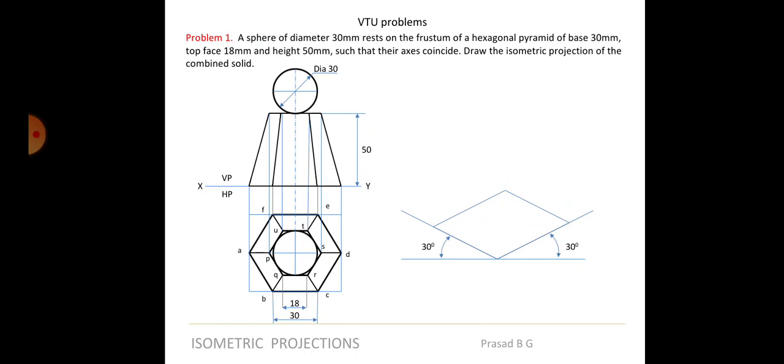Then after completing the base, we have to identify the center of the box. From the center you have to take the axis height, that is 50 mm, to the top. So from the 50 mm you have to get the inner box. When you take the center from here and go to the top portion, you will get this point. From here you get that distance on either side, so take the proper distance and complete the box on the top. Again you will get the 6 points on the top and then join. I have just explained the same concept for the pentagonal pyramid frustum, so the same concept will apply here also.